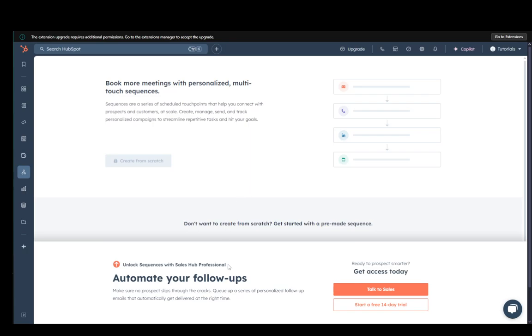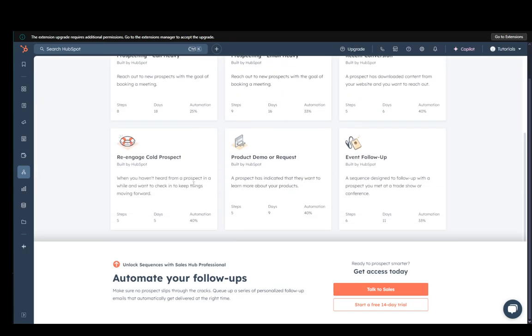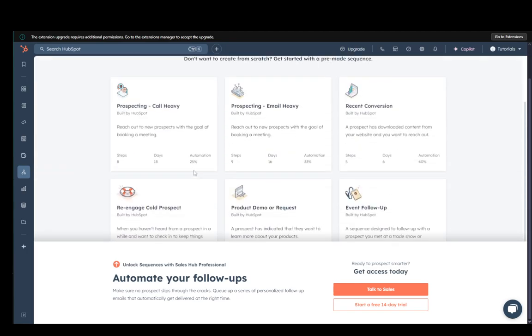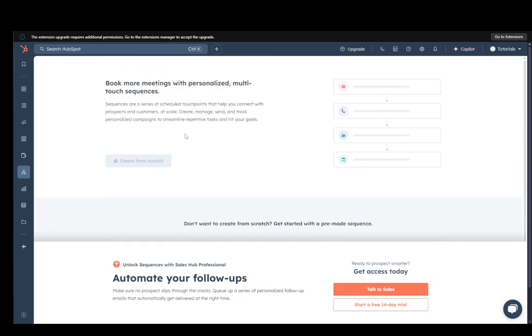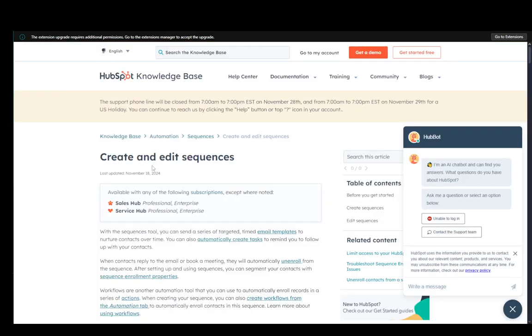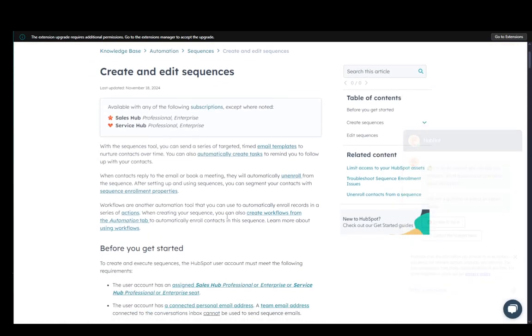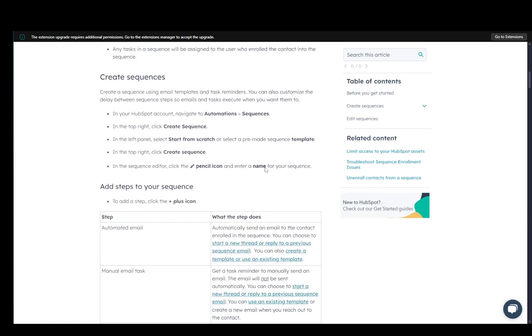Now this does require Sales Hub Professional, so if you don't have it or a stronger plan, you won't be able to access sequences, so I can't show you guys exactly how that is done. However, I'll go through this article here and show you guys exactly how you can add a sequence for